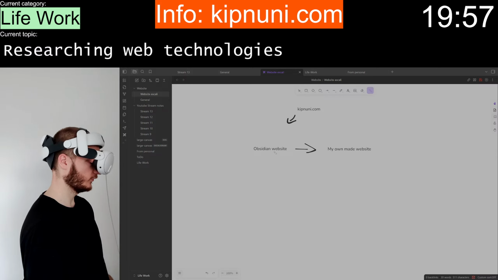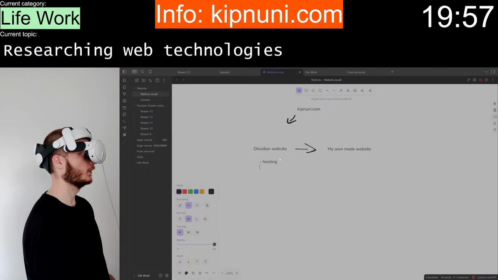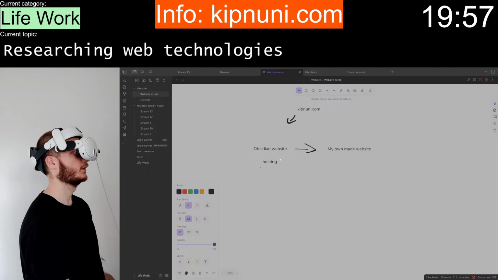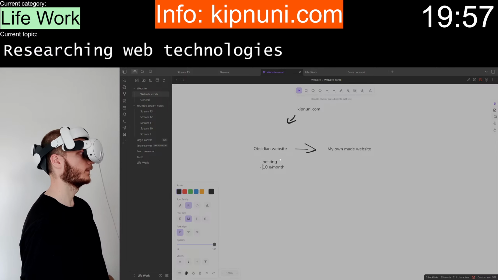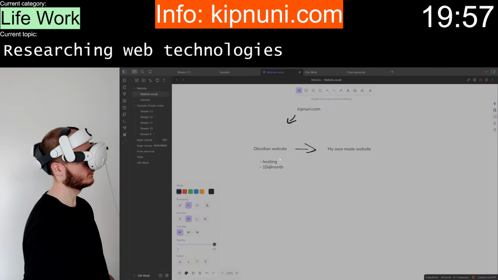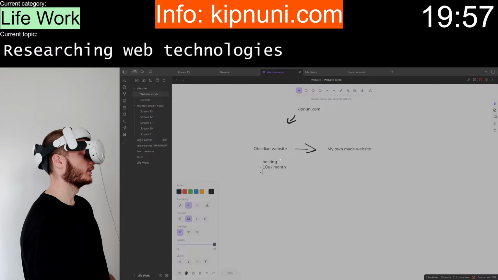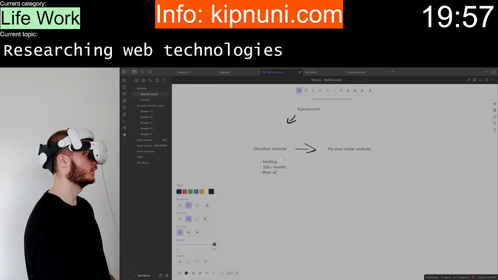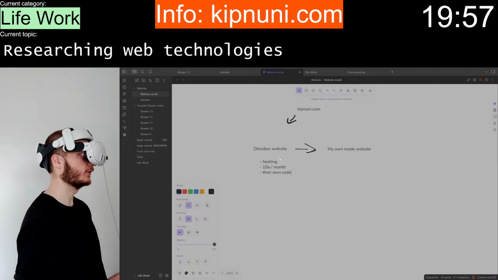And Obsidian is hosting this. They're hosting it. Let's say 10 euros per month. I don't like that gap there. And that's better. And then their own code, which I can change. I already have.